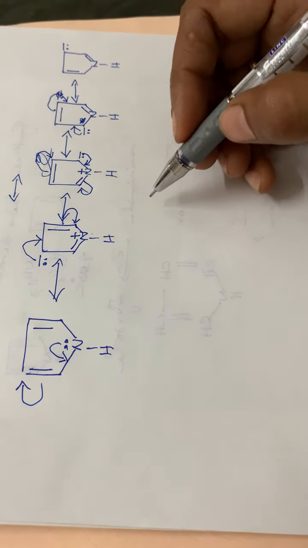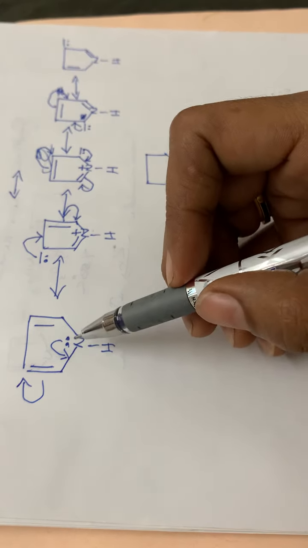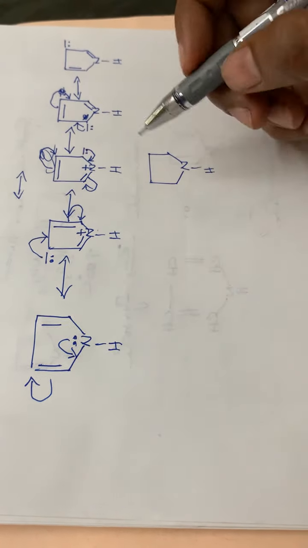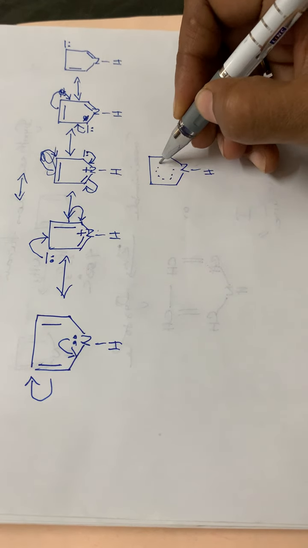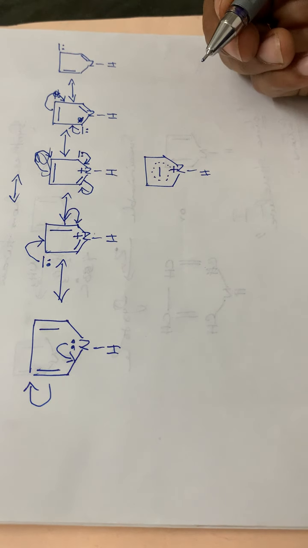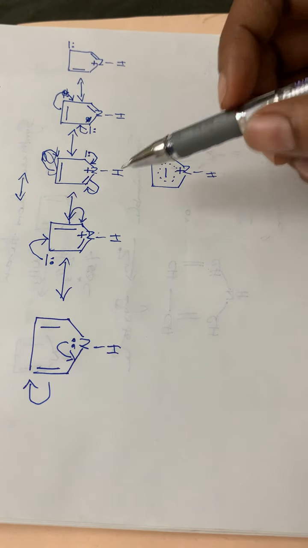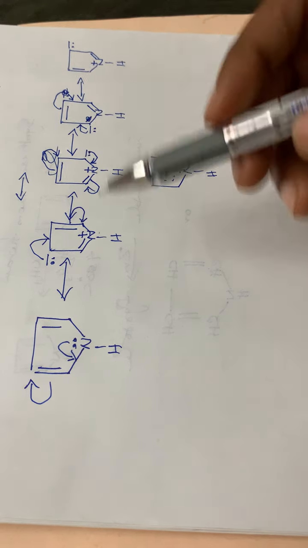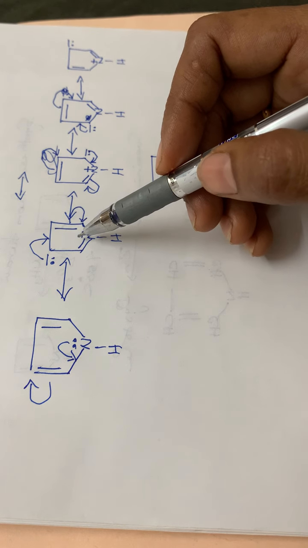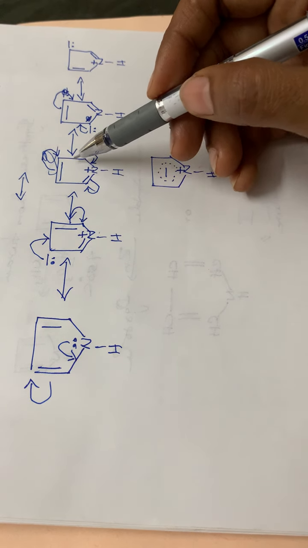Okay. So in total we can draw the structure like this. That means there will be a delocalized pi electron, isn't it? This pi electron will be spread over the entire ring, and so we can draw the structure as a broken circle with a total negative charge and this nitrogen with a positive charge. Okay, here also nitrogen with a positive charge. So this is the resonance concept, that is it will be having 5 different resonating structures, and actually there will not be any double bonds. That means the 2 pi bonds are delocalized over the entire ring, or the pi electron cloud is delocalized over the entire ring.